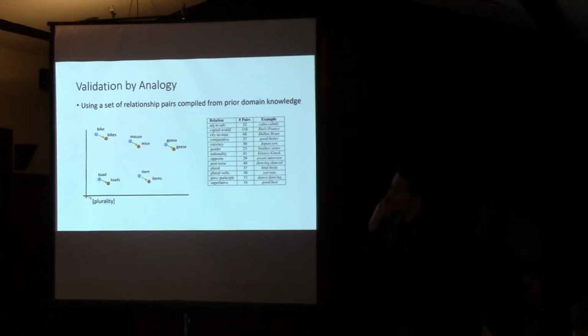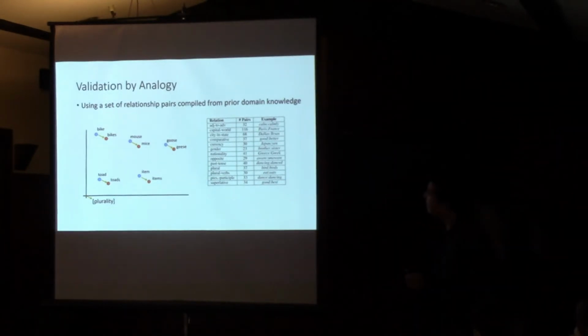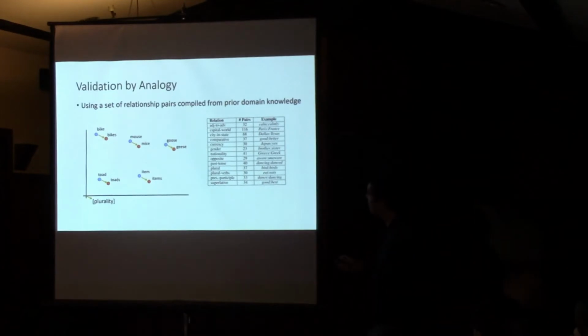Okay, so how do they validate this? Because you could have such a model grow up, and just because it predicts well doesn't mean it has a valid representation of the relationship between words. So how does that get tested? So the way it gets tested is Mikolov and colleagues created this analogy validation set. Sorry, you can't see it very well, which has 13 different relationship types. And then they create examples from each type. So I'll just read out some of these.